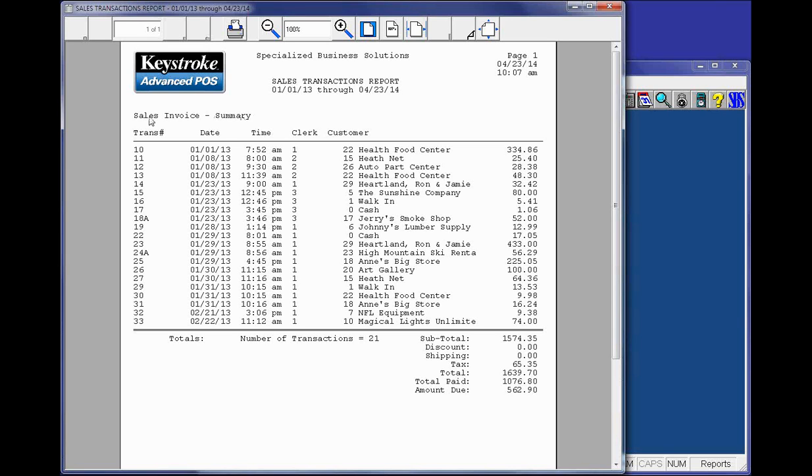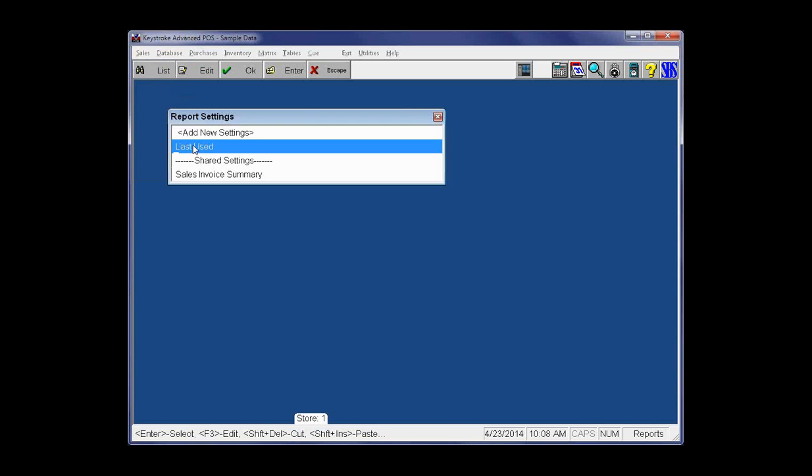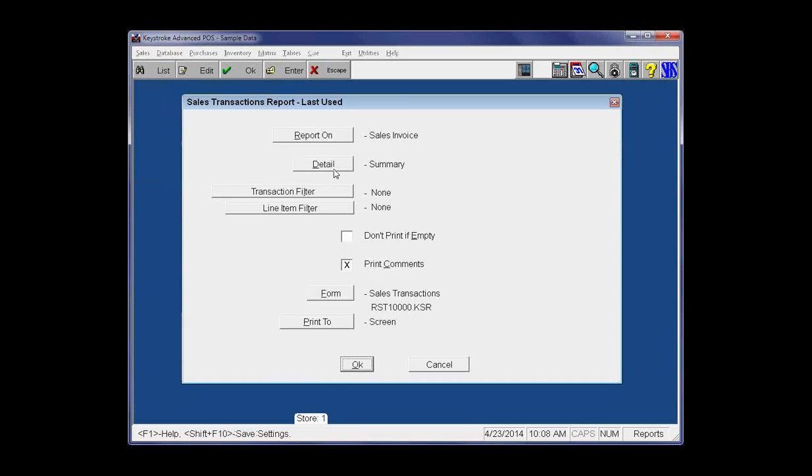filters, a little bit about your settings. And you can see with the summary, when you're running this summary, it's just going to give you a transaction number, date and time, the clerk and the customer and the total amount, and it's going to give you grand totals at the bottom. If I did this same report but chose detail,